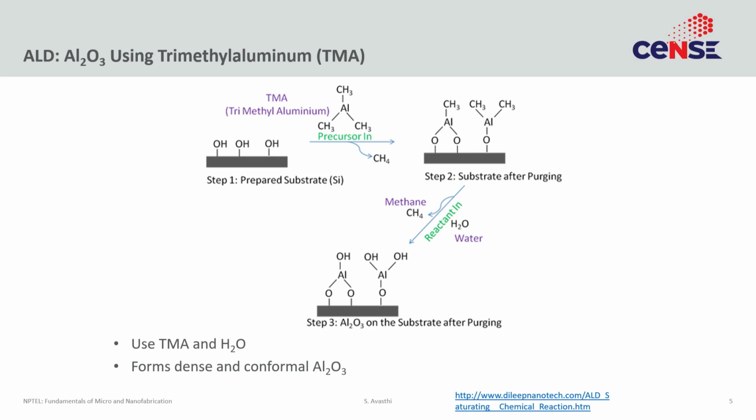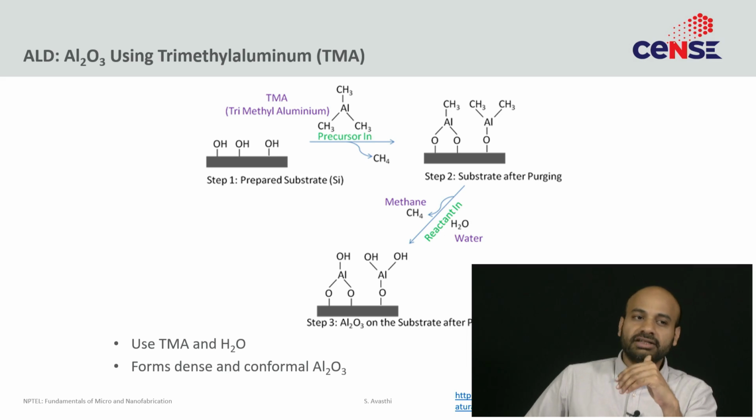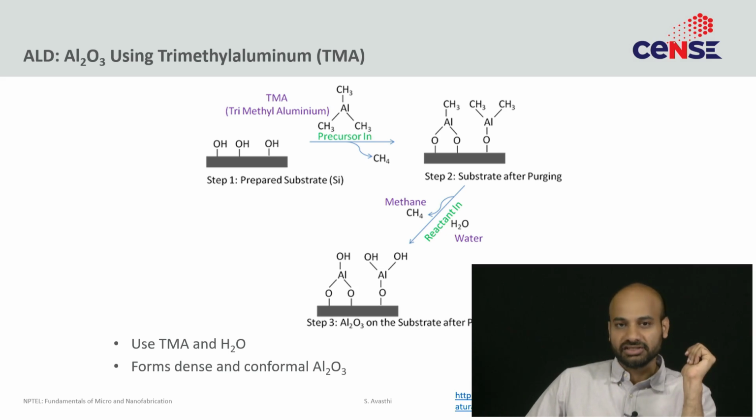So, the way the ALD of TMA works is you start with a substrate which is terminated with OH groups. So, you have a substrate on which you have OHs. Now, how do you get these OHs? Well, either you get this because the end of the last cycle gives you OH groups. If your substrate does not start with OHs, a common trick is to pulse a lot of water for some 10 minutes or so, and that pulsing of steam on top of the substrate will typically end up creating an OH group on the surface.